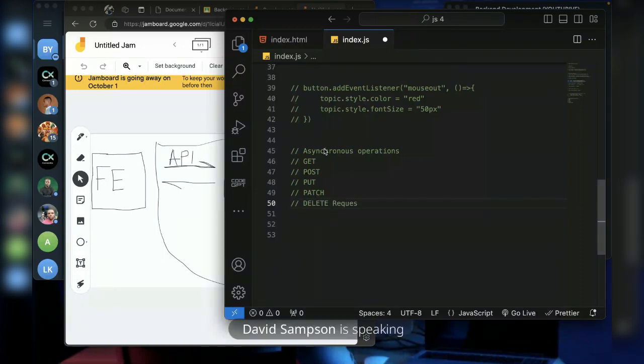Okay. So as a backend developer, the front end will be making these types of requests to you. Now, it is your job to be able to handle these requests. Also, as a backend developer, you can also make this type of request from your own backend to another backend.